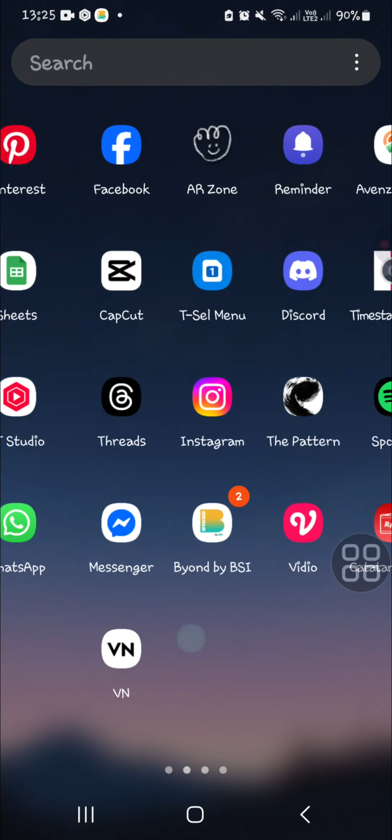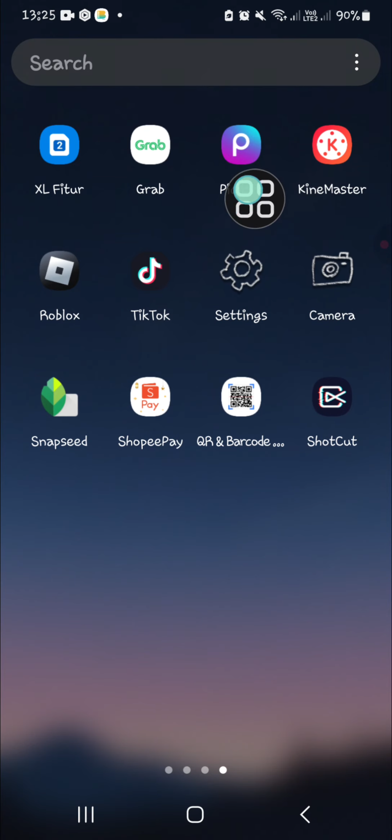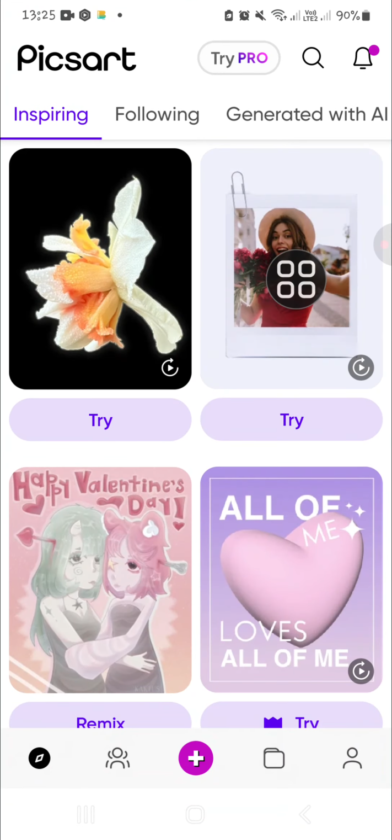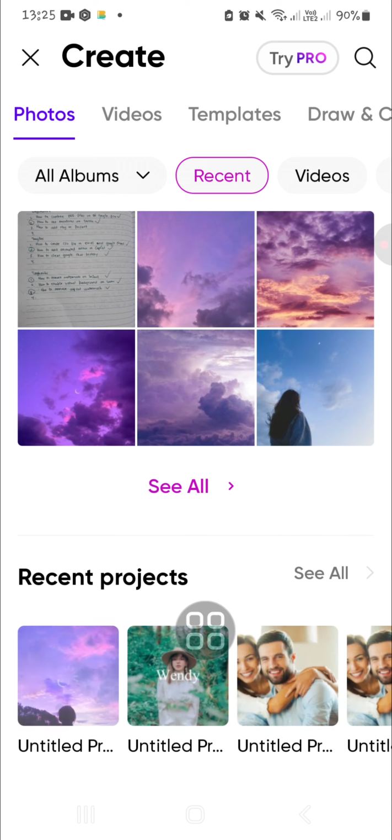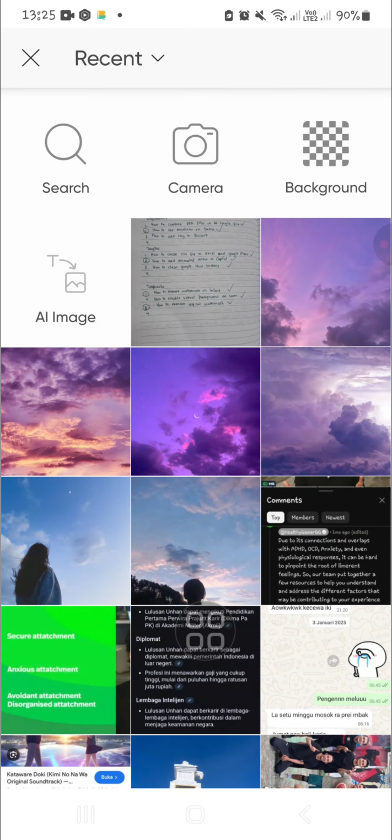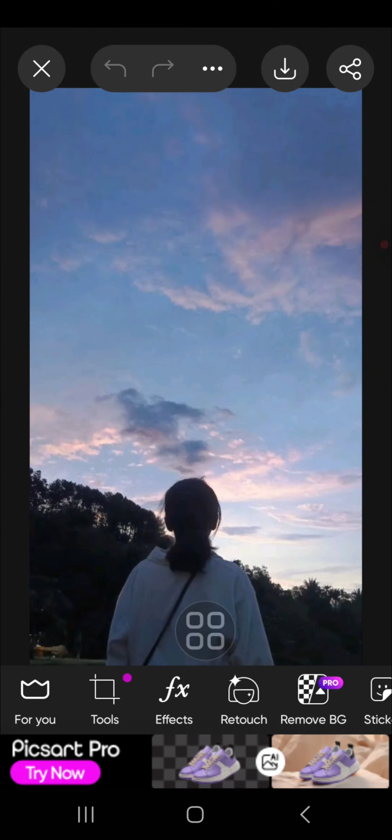First of all, I'm going to open up my Picsart application on my mobile phone and then create a new project. So I'm going to click on this plus icon and then choose a photo from my gallery. For example, I'm going to select this photo, okay, and then I'm going to add a sky photo or sky image